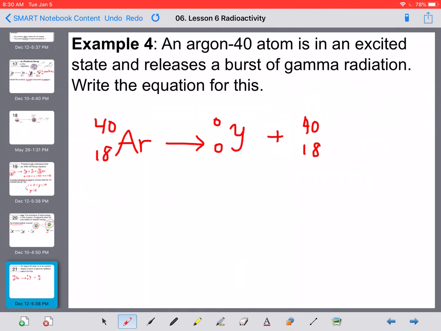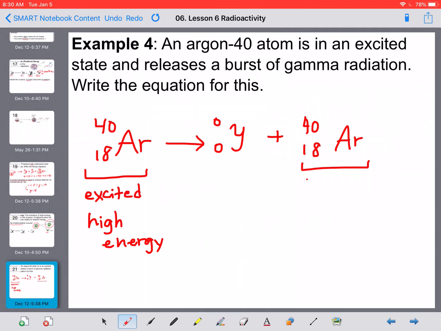So the top number for the daughter product is still 40, the bottom number is still 18, which means that this is still argon here. The only difference is that we would say that this first argon is in an excited state, which means that this first argon has a high amount of energy, and this argon over here has a low amount